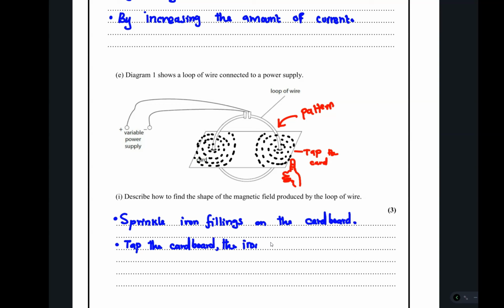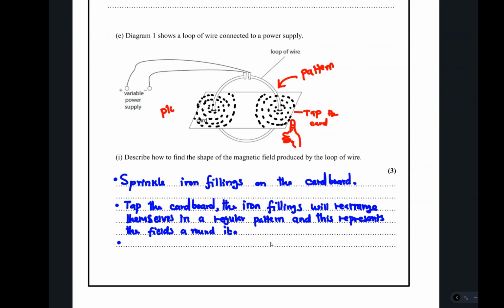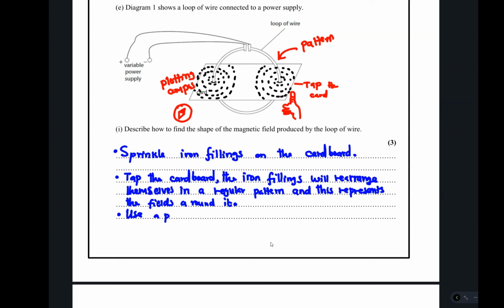And then what do you notice? The iron filings are going to rearrange themselves to form a regular pattern. This pattern that is formed around the conductor represents the magnetic fields due to the flow of current. Now, to determine the direction of the current, we are going to use plotting compass in order to determine the direction of